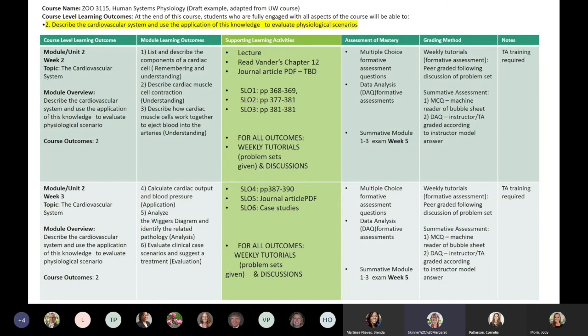And then I just did the same thing for week 3, for the second part of this. You will notice that I've said journal article. If you go back to looking at the top of supporting learning activities, it says journal article. It's going to be a PDF and it's to be decided. That's because for all of my sessions, I really like to get the students reading very current, peer-reviewed journal articles. So I wait as long as possible for a brand new, hot off the press, incredibly relevant journal article, and then I pop it in there.